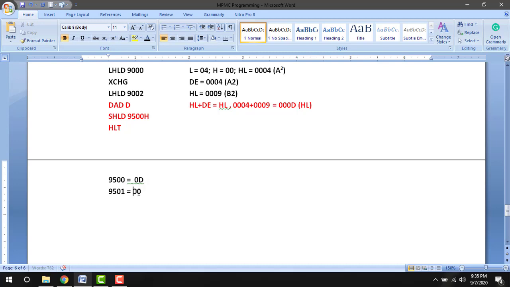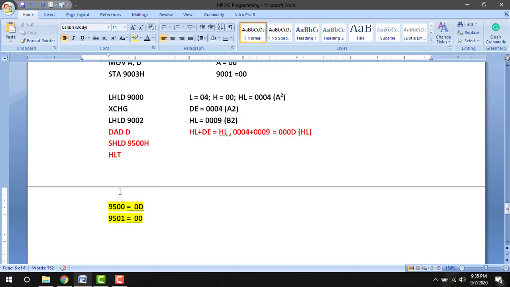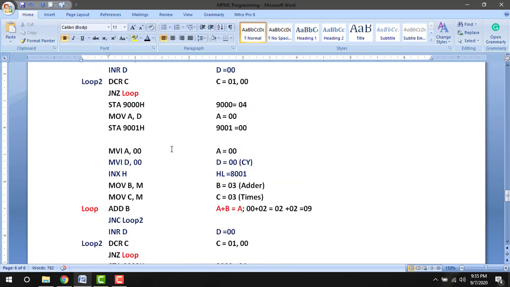So this is our answer. So this is a program for A square plus B square.